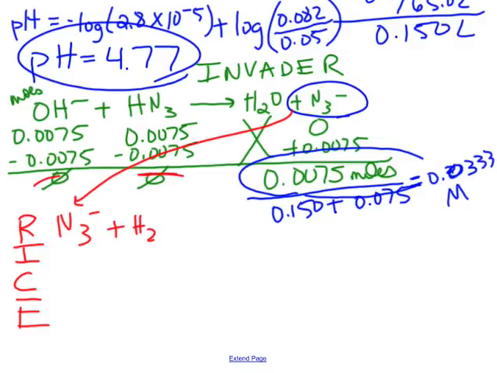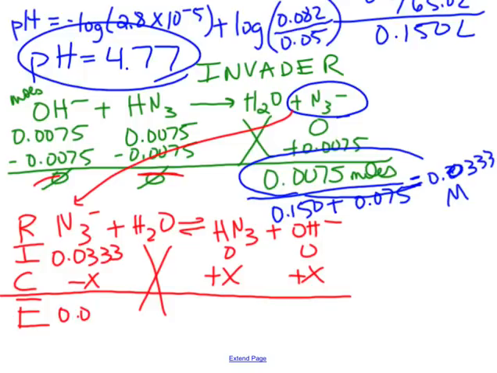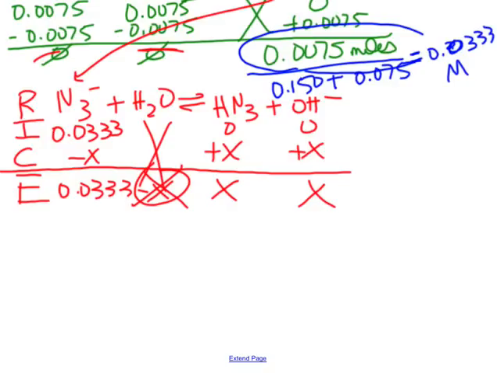Add it to water, and I get HN3 plus OH minus, and I have an original concentration of this of 0.0333, 0, 0, minus X, plus X, plus X. So I get 0.0333 minus X, X and X. Get rid of that guy. And so I have X squared over 0.0333 is equal to,